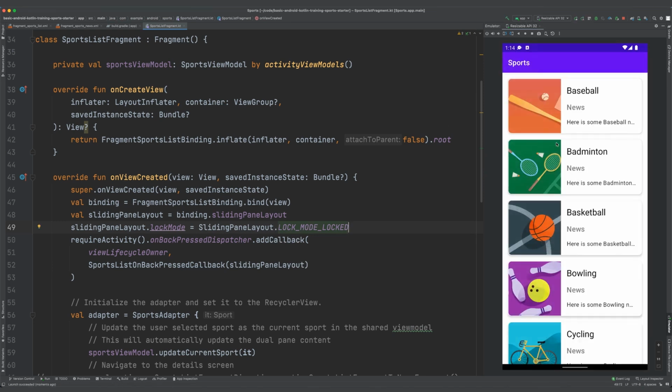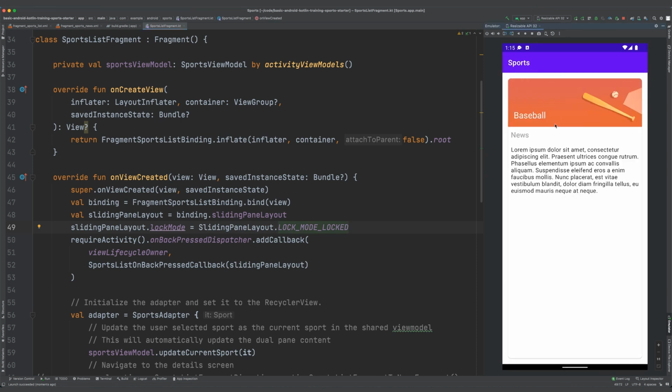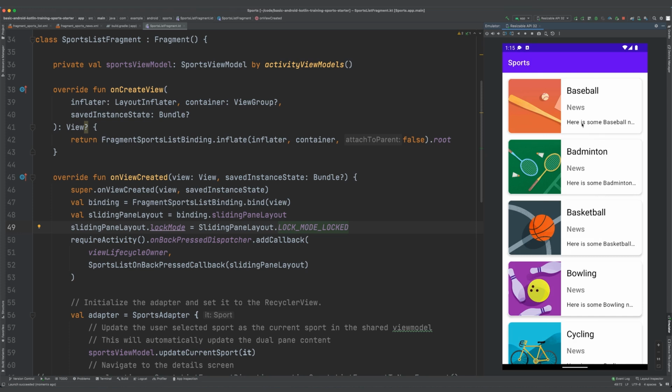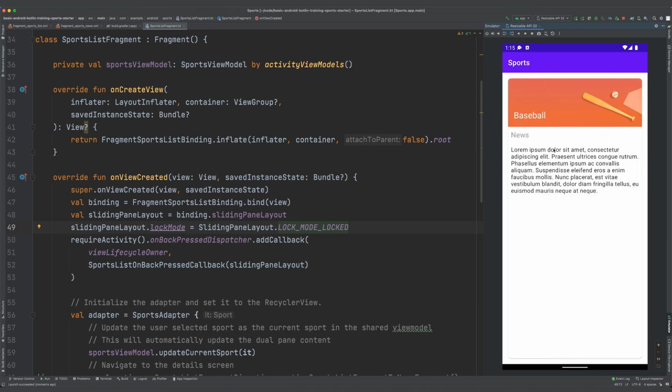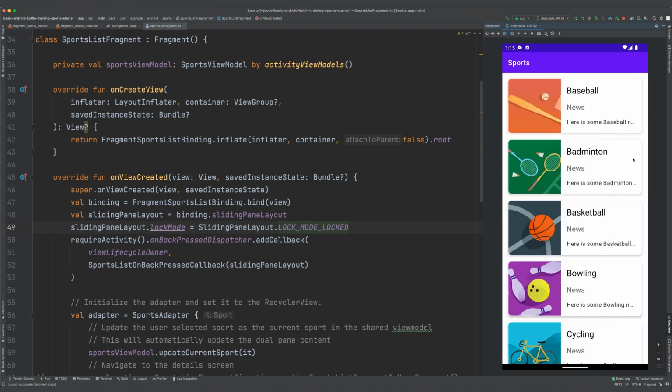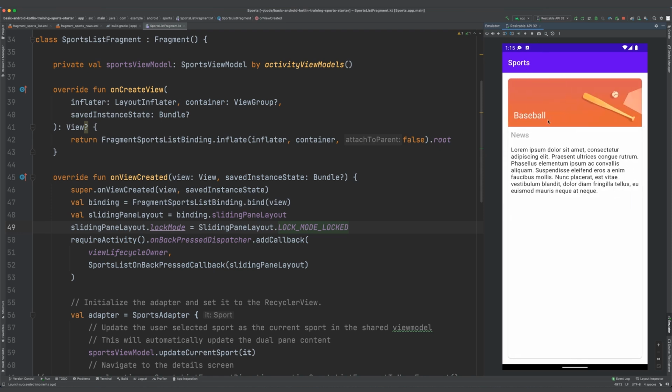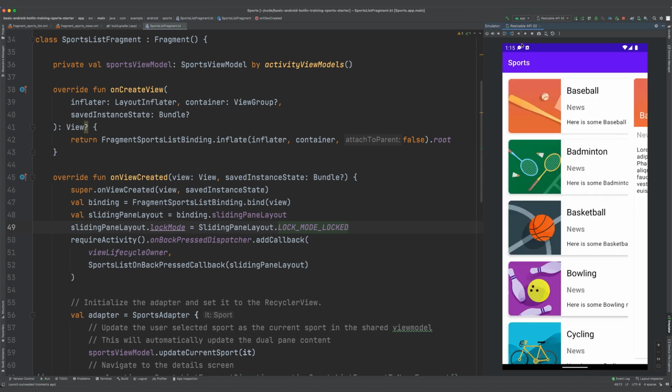In the emulator, so we click an item, we're in the details pane. If we try to swipe back, it doesn't go back. That went back because I was using the back gesture, which is like a back key button press. But if I just try to slide back on the pane, it doesn't slide back. So the back button still works, but you cannot slide away the pane anymore. So that's exactly what we want, and it is working. That was our last step. So congrats, we are done adding the sliding pane layout and making sure it works on smaller screen devices.